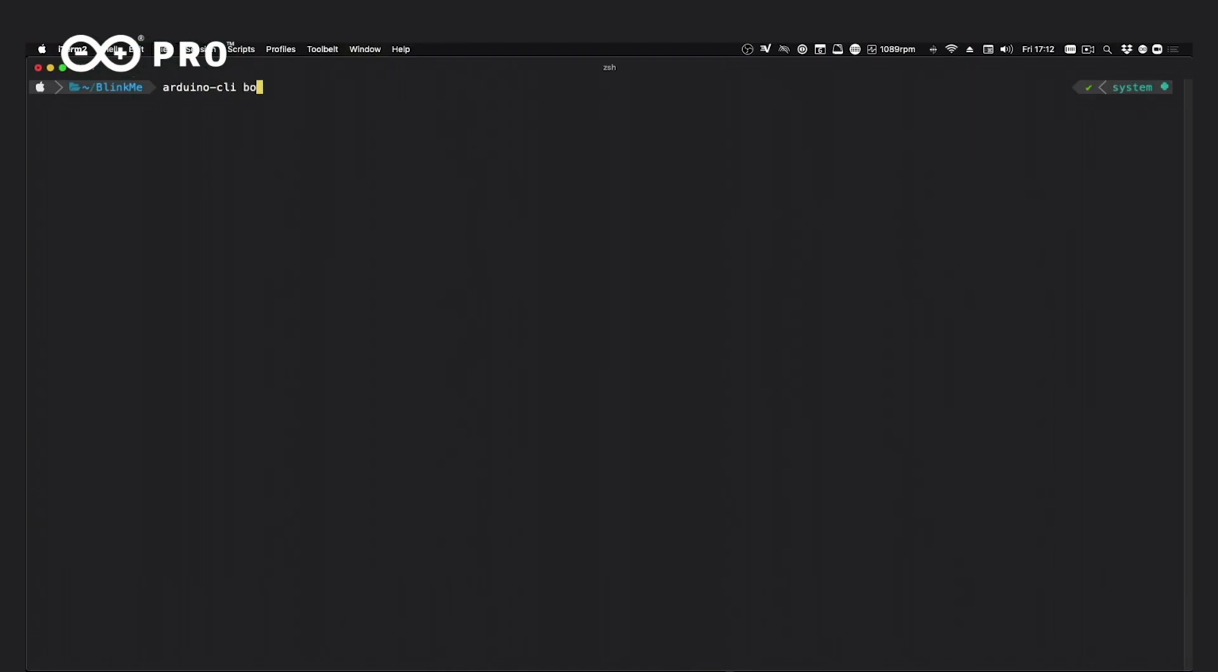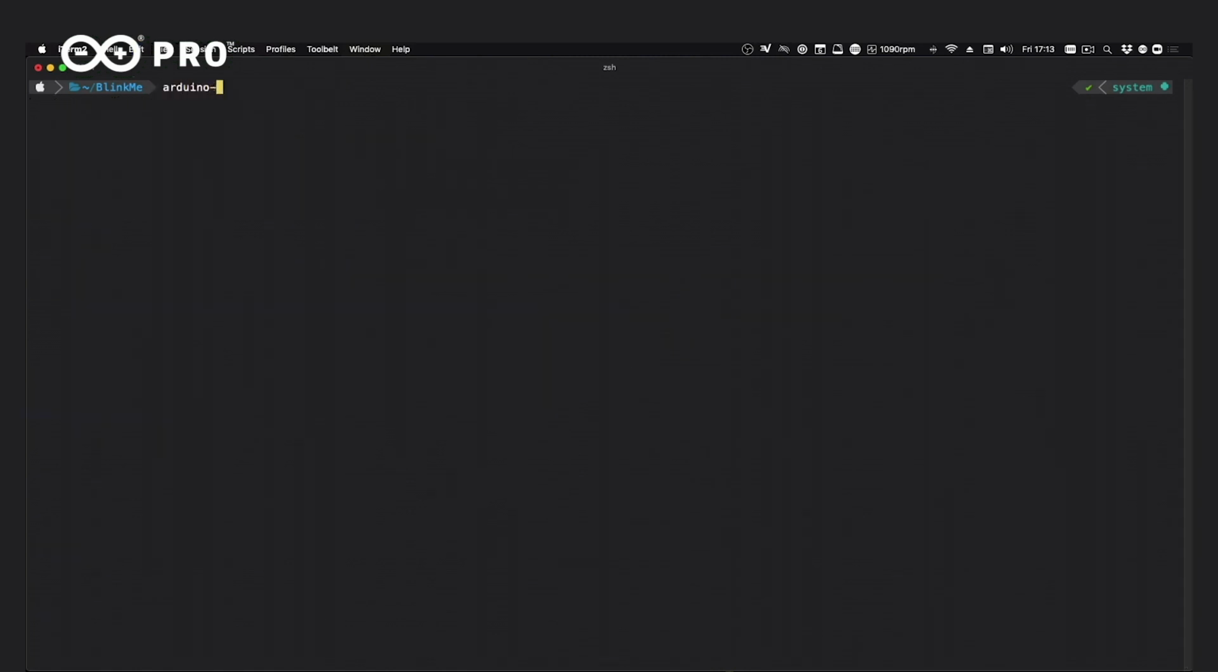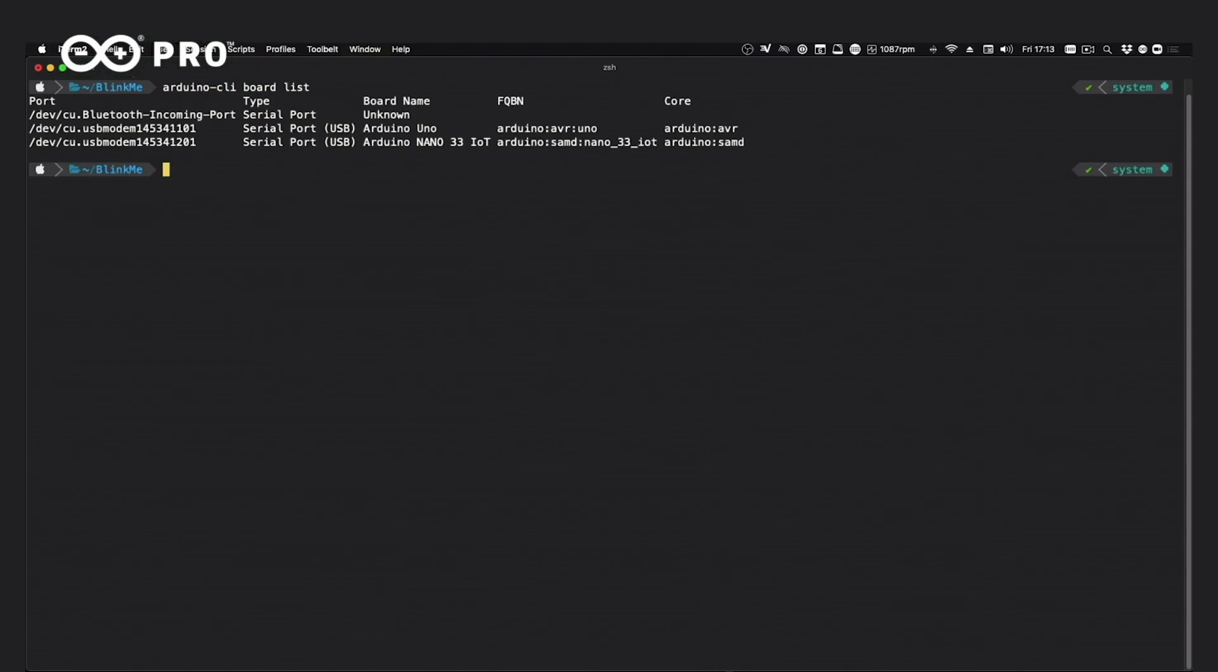arduino-cli board attach -h for help. We can specify a few parameters such as the port and the fully qualified board name, but we can just more quickly specify the serial port the board is attached to, and the CLI is going to automatically recognize the board and create a configuration file that is everything it needs to quickly compile and upload. So let's see how to speed up this process. arduino-cli board list, we'll copy the serial port